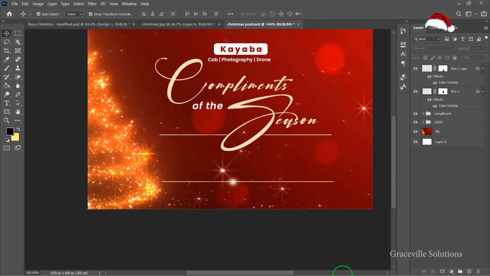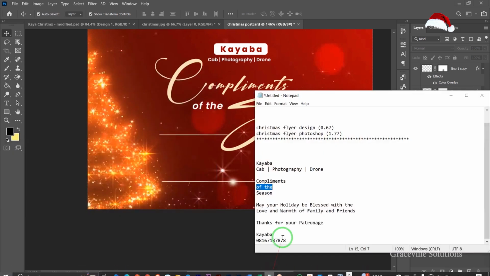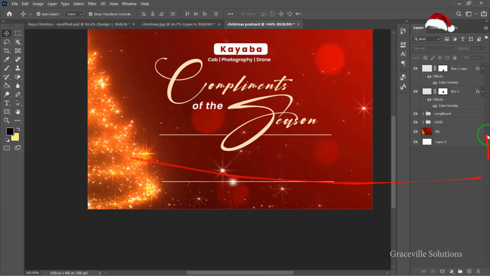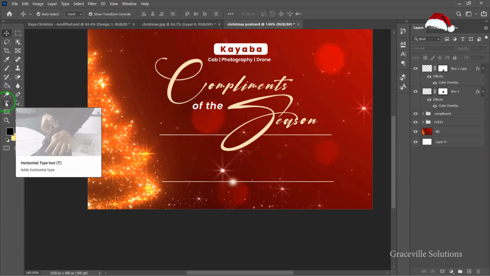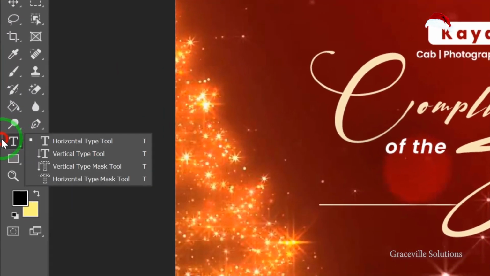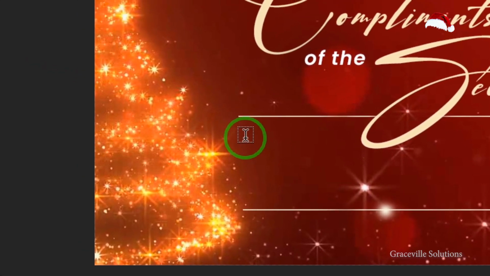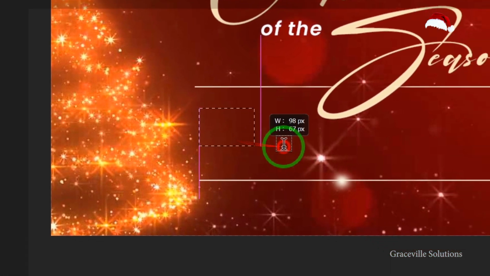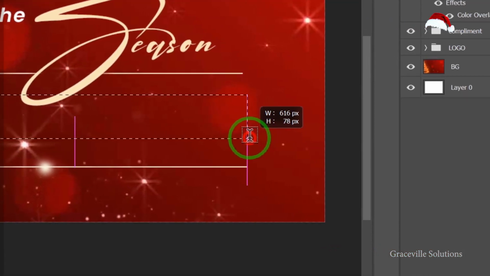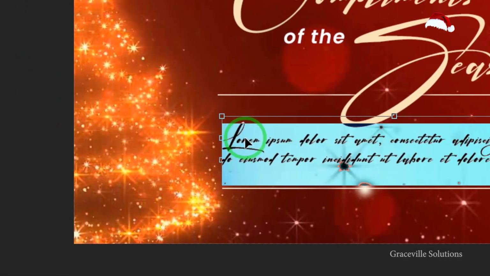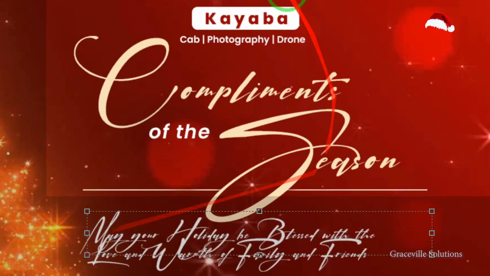Alright, so I'm going to go to my documents and copy this word, Ctrl C to copy, and then I'm going to go to my design, take my text tool by pressing and holding to select the horizontal text tool. Now I'm going to click and drag it, something like so. Alright, so I'm going to select all, Ctrl V to paste, and then